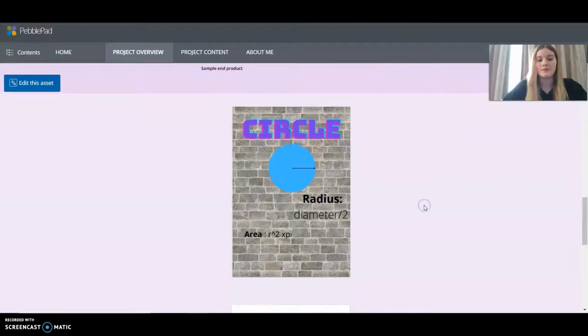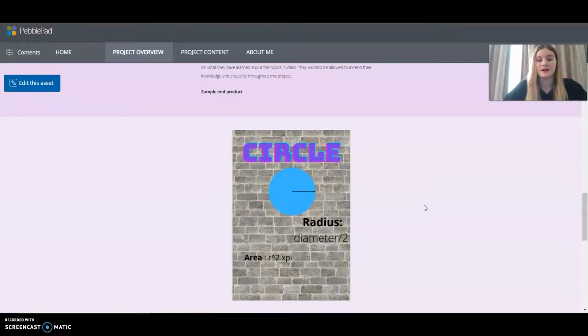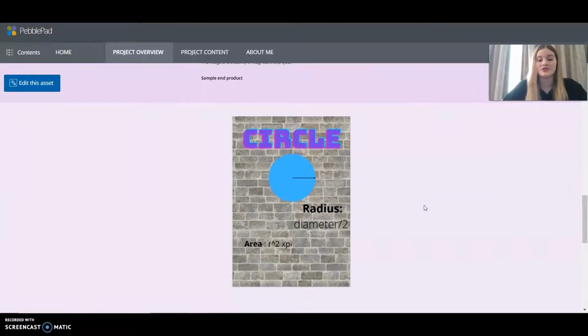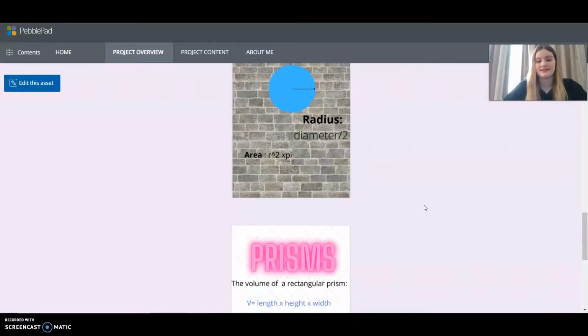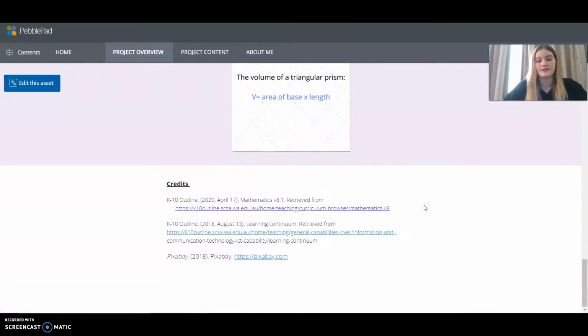This is an example of what the sample end product may look like. Obviously, the students will want to use more creativity because this is quite simple. It shouldn't look exactly like this. They need to use their own